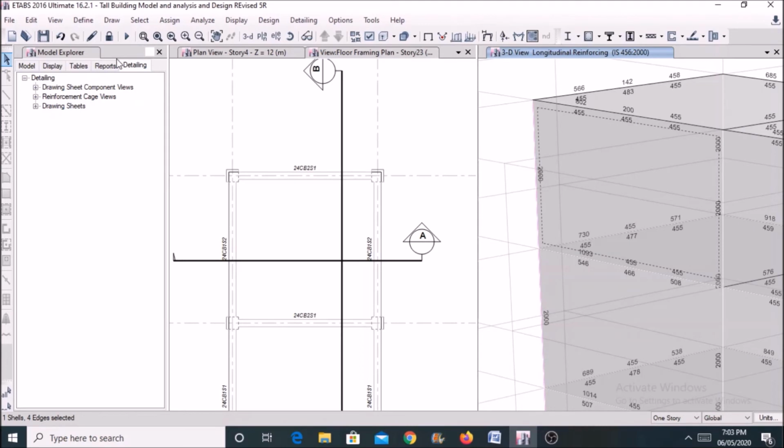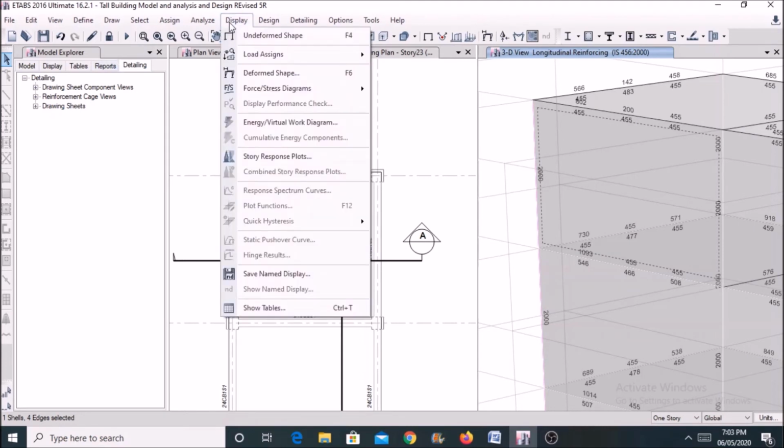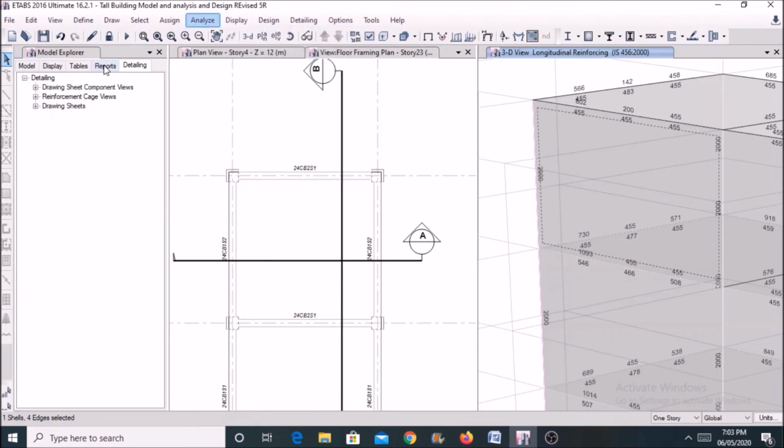To get further detailed reports, we can go for reports, project report.